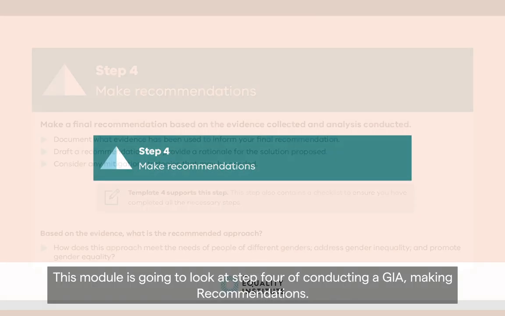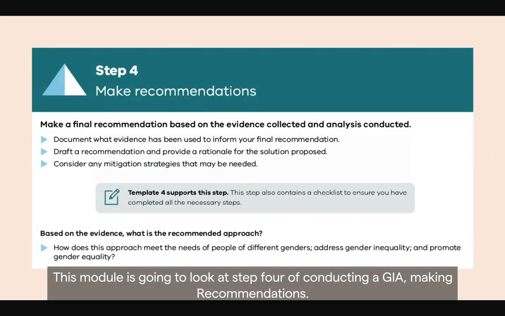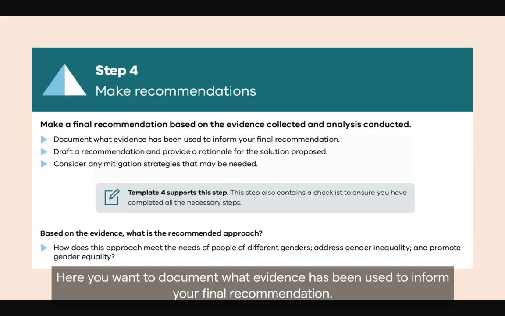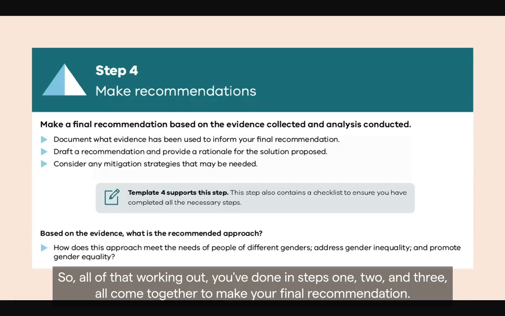This module is going to look at step 4 of conducting a GIA, making recommendations. The aim here is to make and justify a final recommendation based on the evidence collected and analysis conducted. Here you want to document what evidence has been used to inform your final recommendation. So all of that working out you've done in steps 1, 2, and 3 all come together to make your